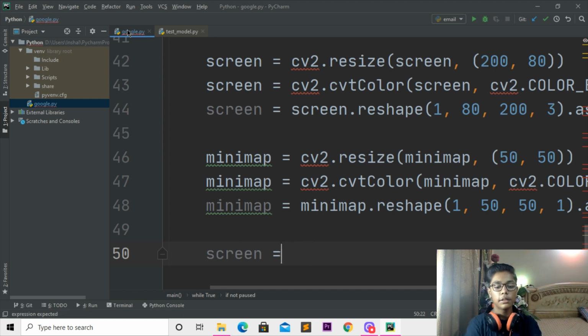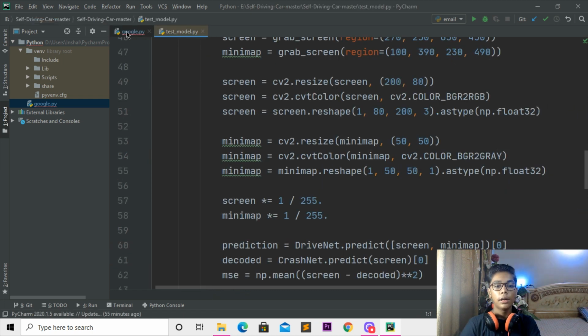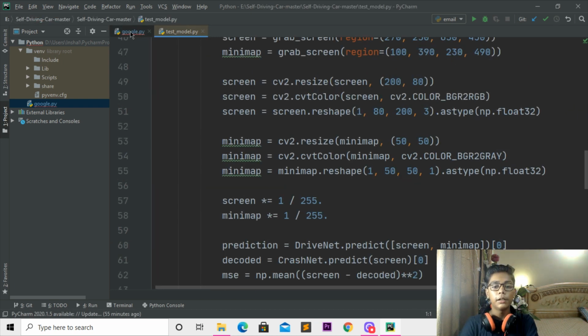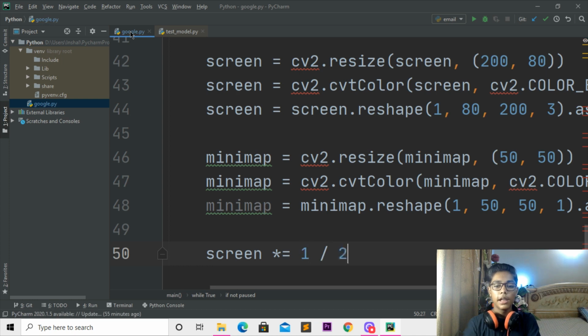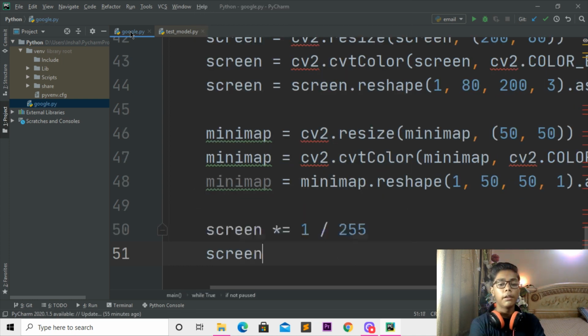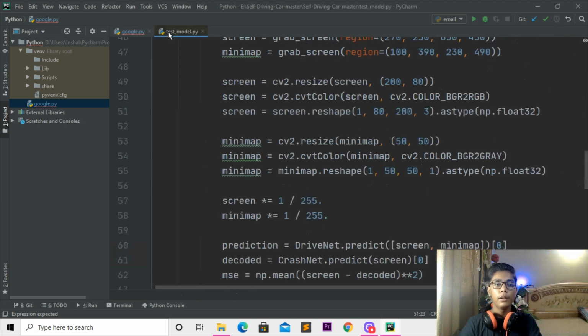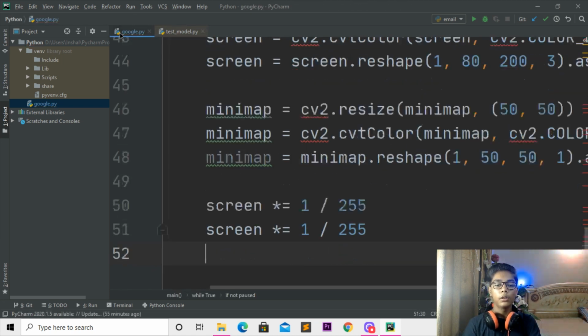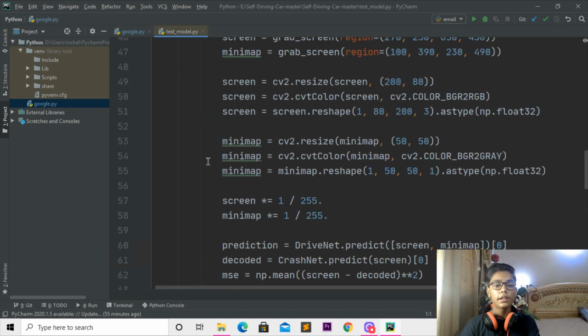Then I'll be writing this multiply sign. Here I'll be raising and then writing here. When you've done that, I'll be moving forward, and you can see there it is written 1/255. Then I'll be coming underneath, writing screen. Then I'll be writing this multiply sign, and here I'll be writing 1, and here I'll be writing 255. So I'll be now coming underneath, and when you've done with that, you can see there it is